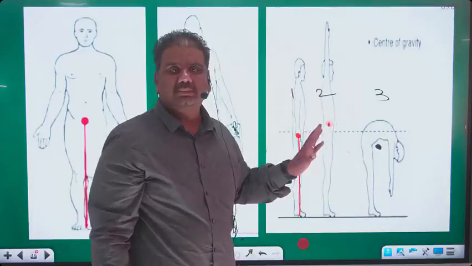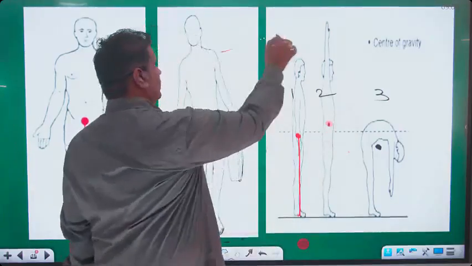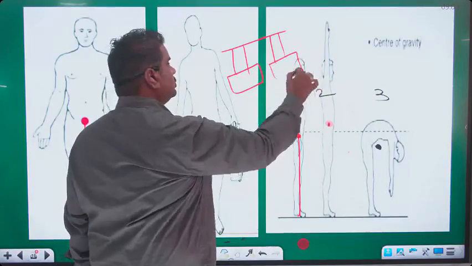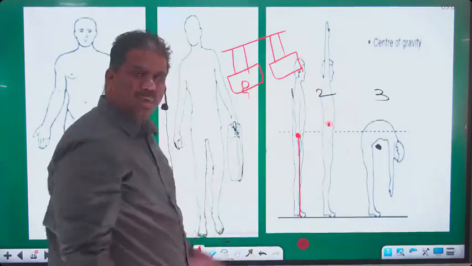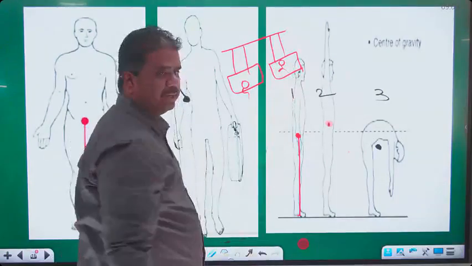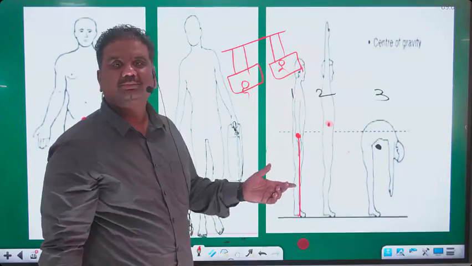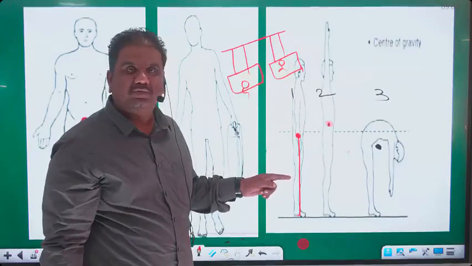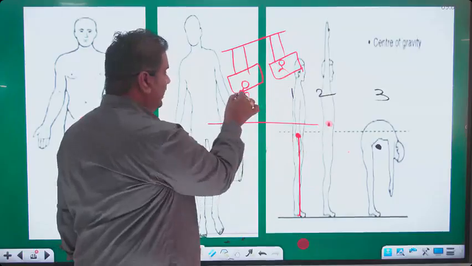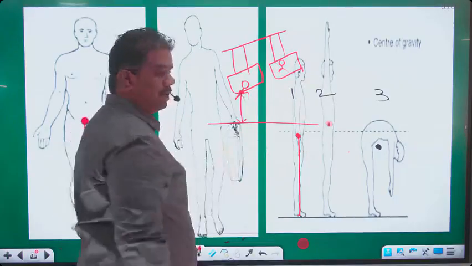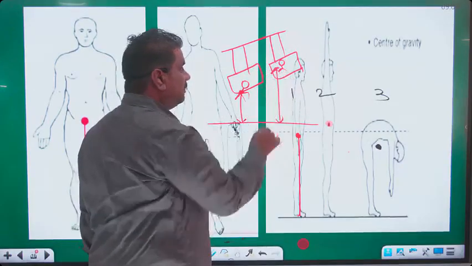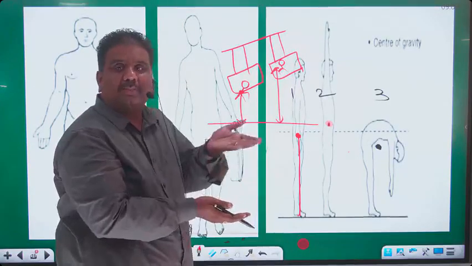Let a simple example. You talk about the case of a swing అని అంటాం. స్వింగ్ అంటే ఏంటి? చిన్న పిల్లలు ఉయ్యాలవుతూ ఉంటారు. Now in this particular swing we have got two kids. One kid is sitting in a swing and the other kid is standing in a swing. Now who is more safe? The one who is sitting is more safe. The reason for that one, the center of gravity for this particular kid, it is very much close to the ground. The moment the kid is standing, center of gravity అనేది పైకి షిఫ్ట్ అయింది